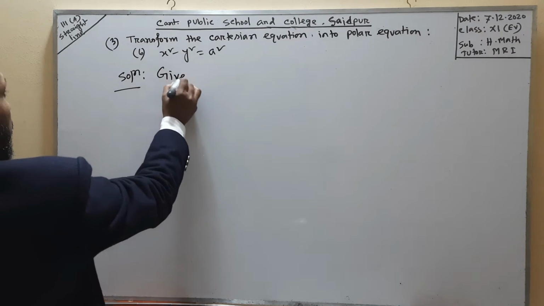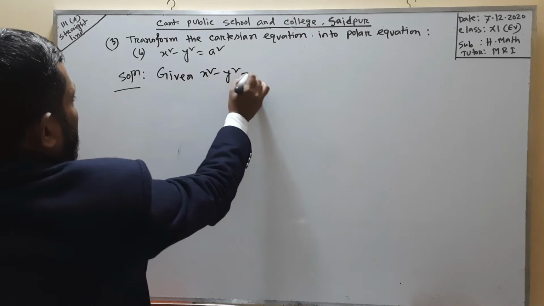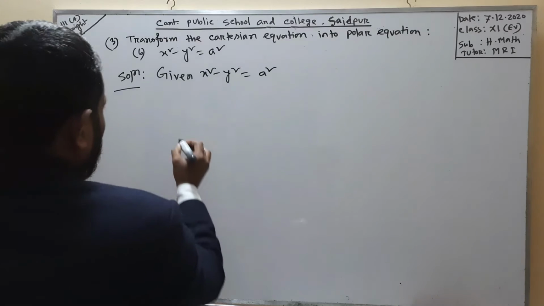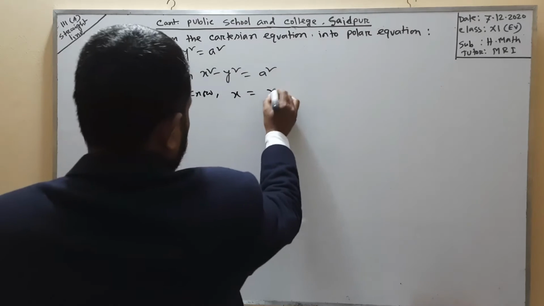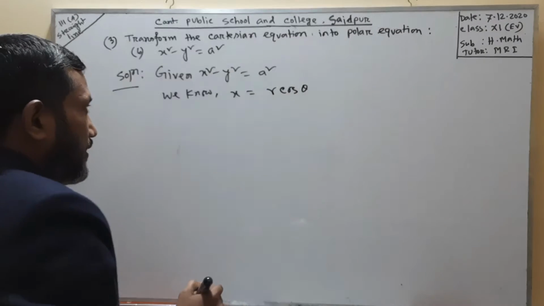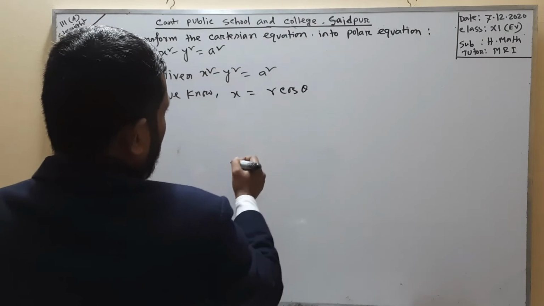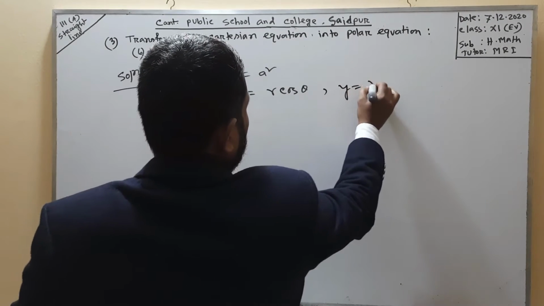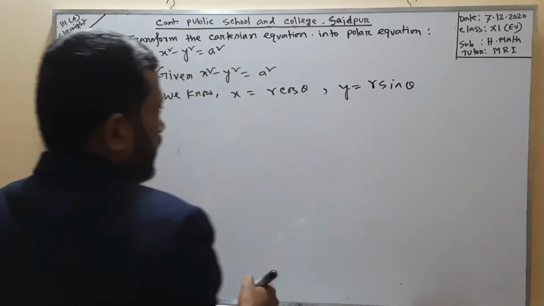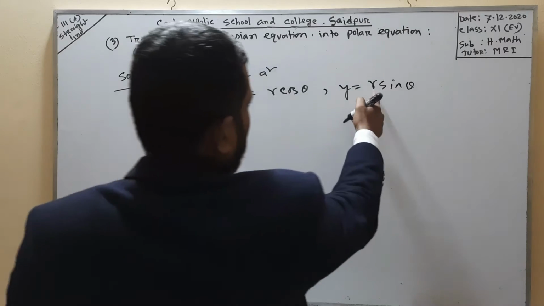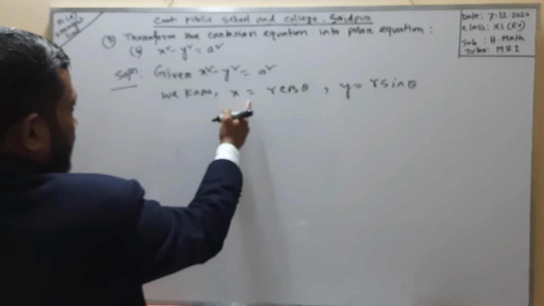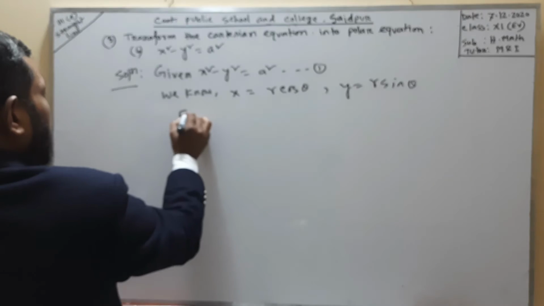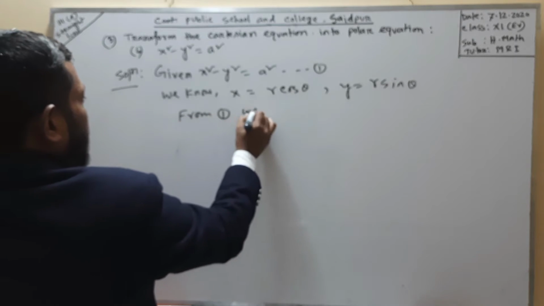Given x square minus y square is equal to a square, we know x is equal to r cos theta. Here x is the Cartesian coordinate, and r, theta are polar coordinates. y is equal to r sin theta. y is the Cartesian coordinate and r, theta are polar coordinates. Putting the value of x is equal to r cos theta and y is equal to r sin theta in 1, from 1 we get